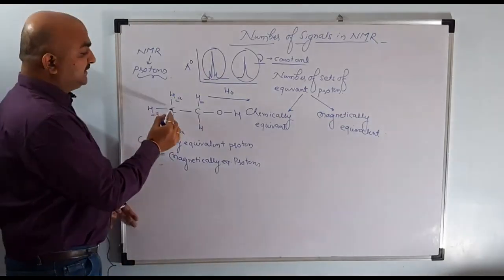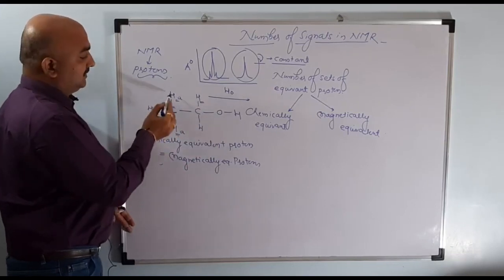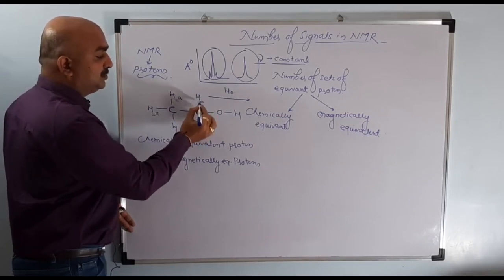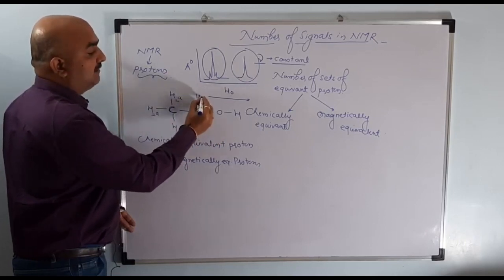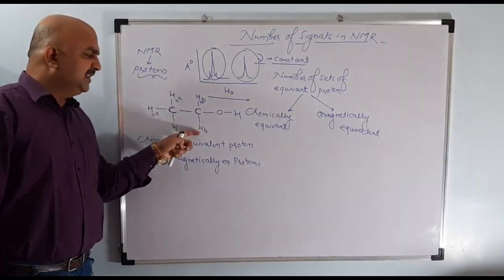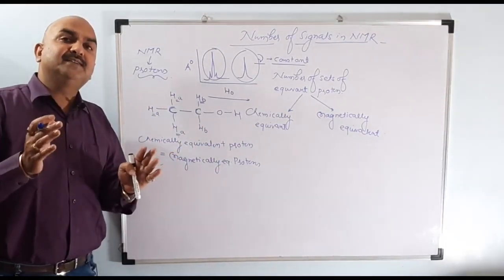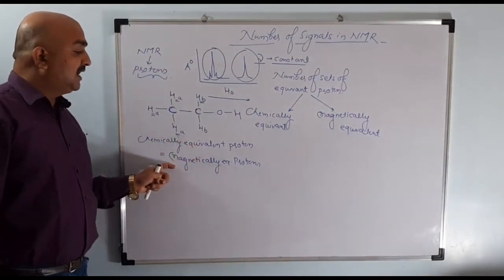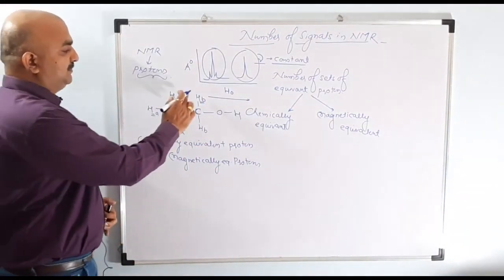Now please see, this carbon is attached to a carbon which is attached to OH. These hydrogens are attached to that carbon, which is attached on one side to OH. So they are not equivalent to the others, they are non-equivalent. So I have treated it as HB. So both the HB are chemically equivalent, their chemical environment is the same. And as chemical environment is the same, they are magnetically equivalent. So chemically equivalent protons are always magnetically equivalent. Correct? So they will absorb the same magnetic field.